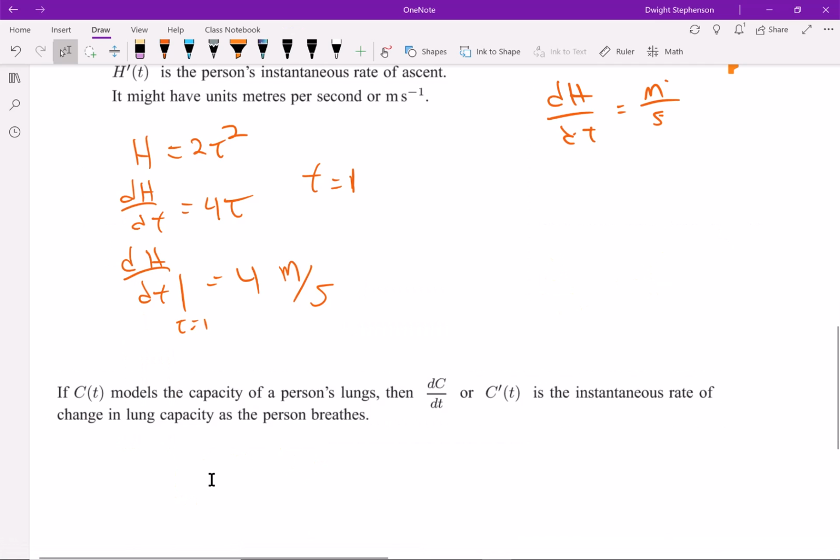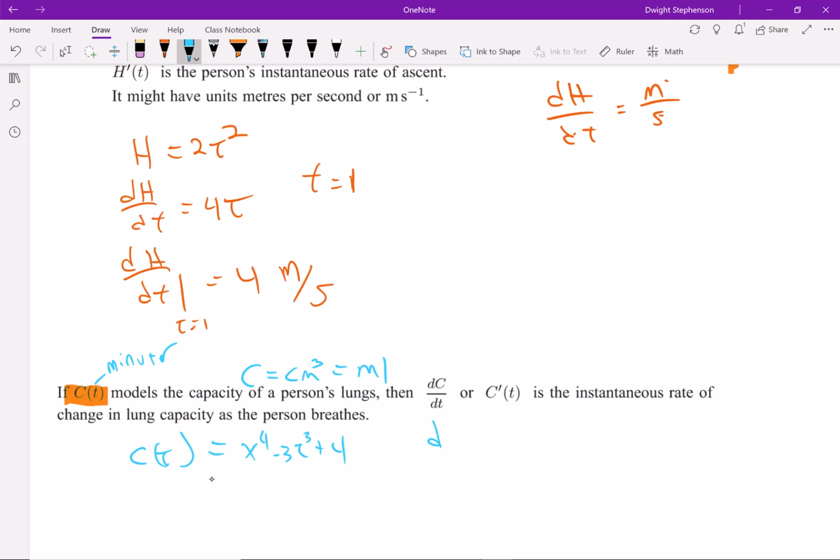Okay, I might have some other model called C of t that represents the capacity of a person's lungs. So when we're thinking about the capacity of somebody's lungs, then you should probably say C is going to be a volume. So you might do centimeters cubed, which is a milliliter, right? So maybe we're talking about milliliters. And then as t, maybe let's do this in minutes this time, just so we can see that it makes a difference, right? So I could have some function C of t that equals, I'm just making this up right now,